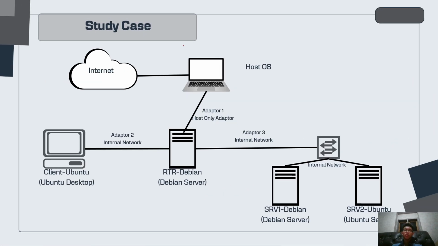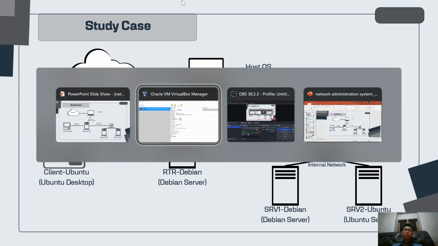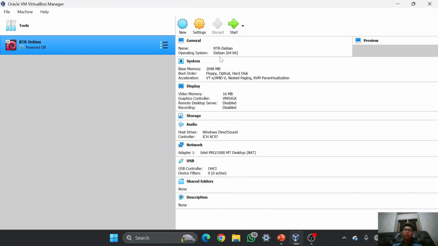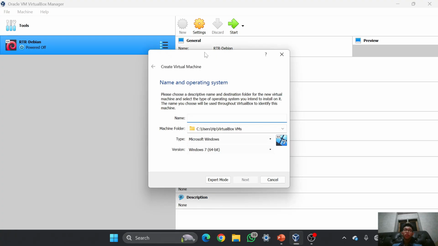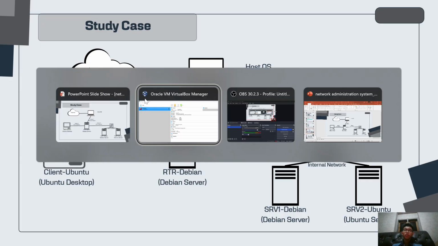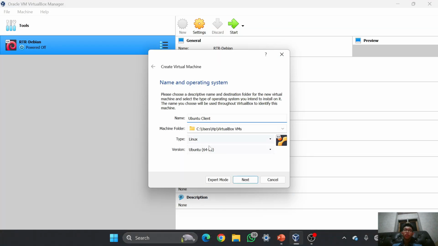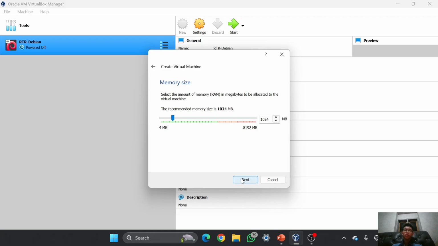And the next one I will install the Ubuntu desktop, which is as you can see on the left side. For the client Ubuntu, it is using the Ubuntu desktop, which is the GUI version, and I will open my VirtualBox again, click new, and in here I will use the name Ubuntu client. And then next for the memory, I think I will use 2 GB again,